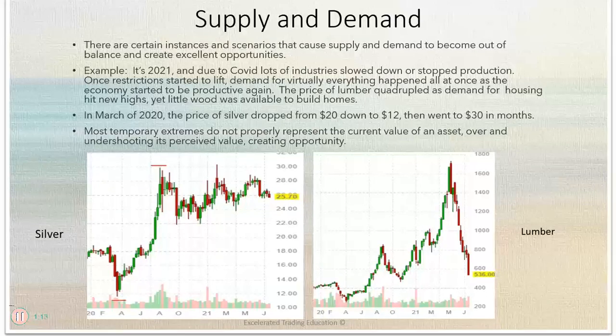All right, supply and demand. There are certain instances and scenarios that cause supply and demand to become out of balance and create excellent opportunities. For example, it's 2021 and due to COVID, lots of industries slowed down or stopped production. Once restrictions started to lift, demand for virtually everything happened all at once as the economy started to be productive again. The price of lumber quadrupled as demand for housing hit new highs, yet little wood was available to build